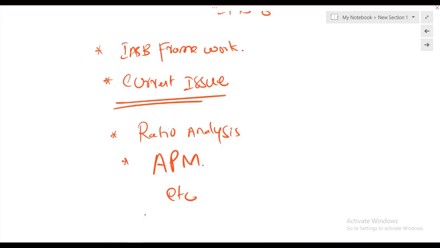And second point, throughout the syllabus, we will be discussing the past papers as well. We are not going to study like this, that first I'm going to complete the syllabus and then we'll be discussing the past paper. I think that's too late. We need to discuss the relevant past paper of the relevant IAS and IFRS which we have discussed. After completing each and every IAS and each and every IFRS, the relevant past paper will be discussed over there. So we need to discuss the relevant past paper side by side,